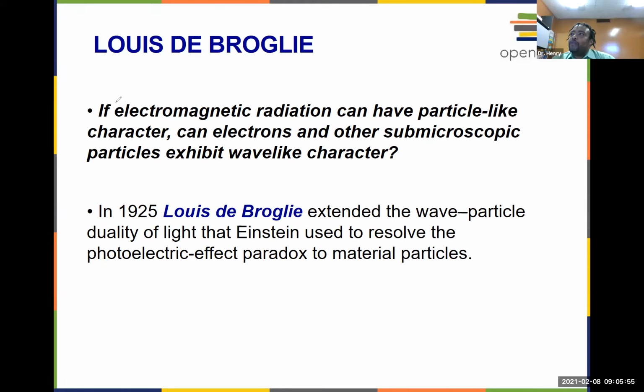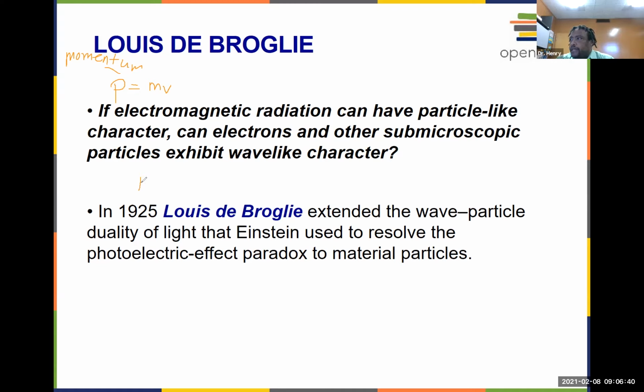Okay, so the symbol that we use for momentum is P. P is going to be mass times velocity. So the Boyer basically says that when we talk about the wavelength, right, it has momentum in it. We have to take into account the momentum of the particle, right? And so he says, okay, so then